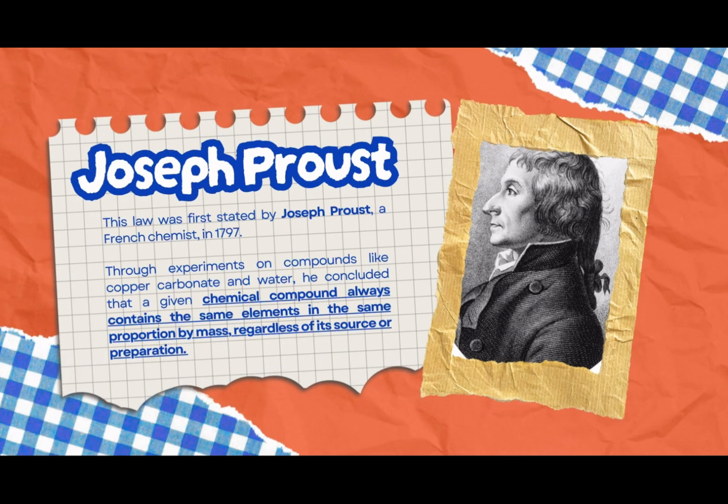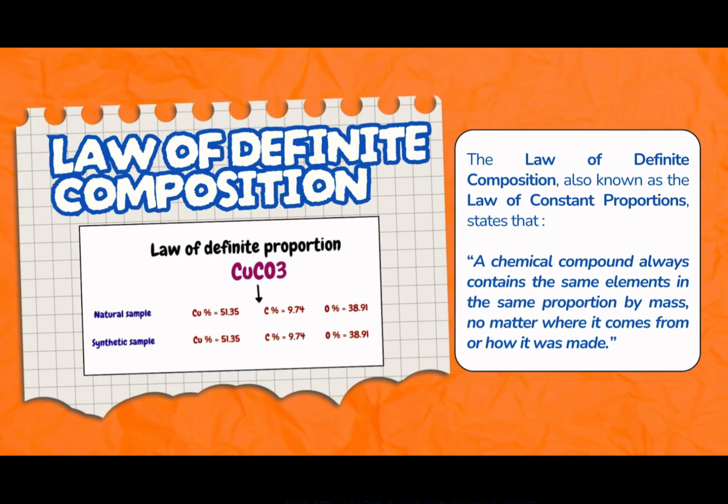This law was first proposed by Joseph Proust in 1797. Therefore, this is also referred to as Proust's law. He discovered that copper carbonate, or CuCO3, always had the same ratio of copper, carbon, and oxygen no matter how he prepared it. The law of definite composition, also known as the law of constant proportion, states that a chemical compound always contains the same elements in the same proportion by mass, no matter where it comes from or how